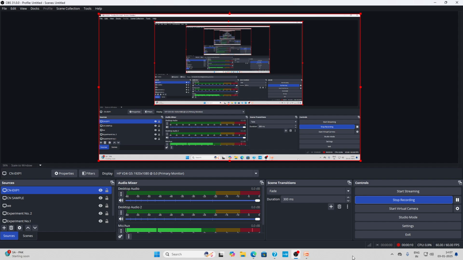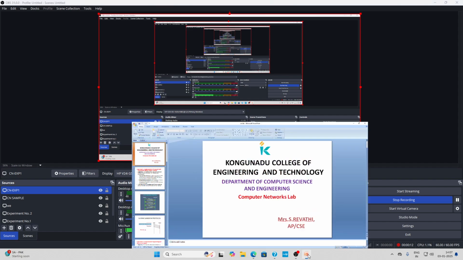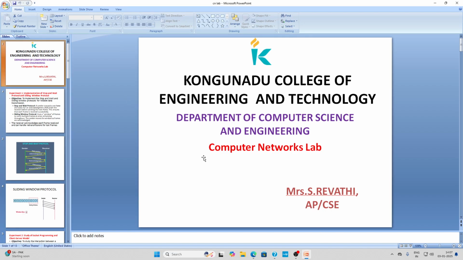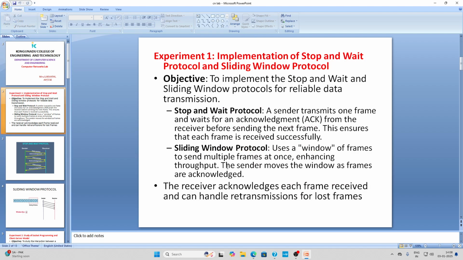Today, we are going to explain the CN Computer Networks Lab experiments. In this, we have 11 experiments. One by one, I will explain. The first experiment is the implementation of stop and wait protocol and sliding window protocol. The objective of this experiment is to implement the stop and wait protocol and sliding window protocol